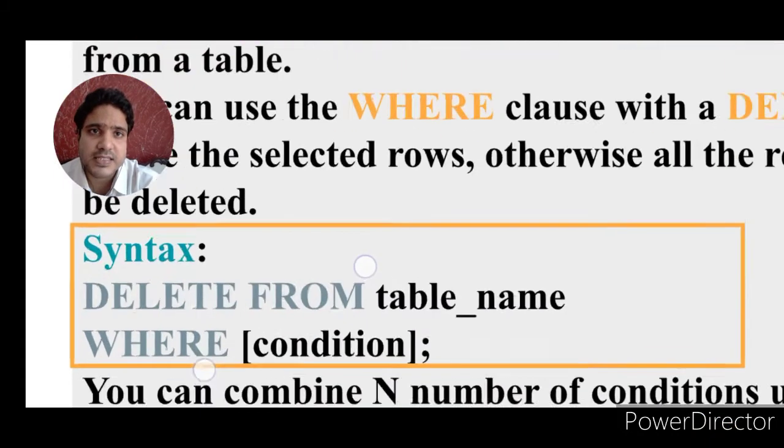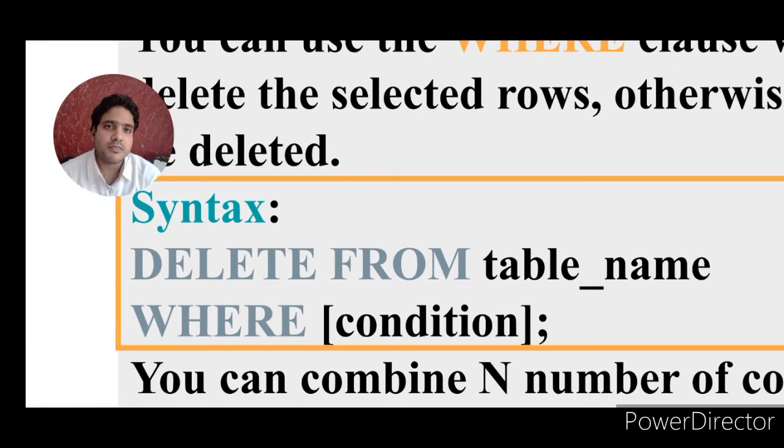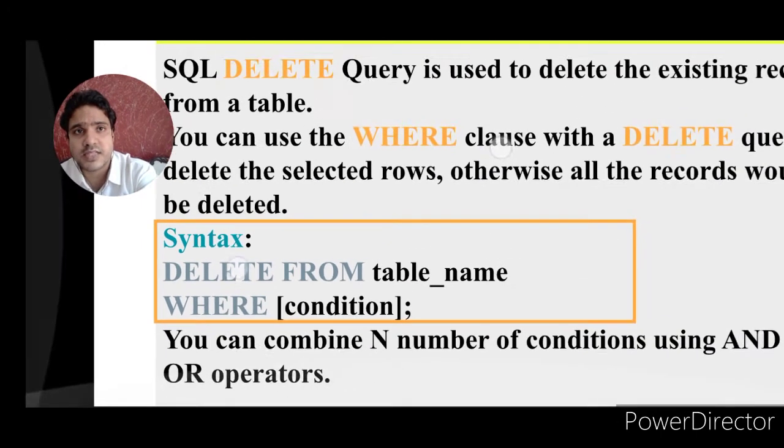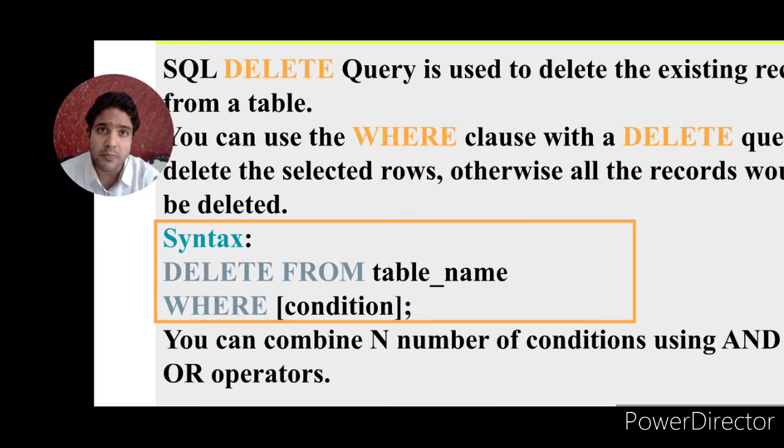The basic syntax is like this: delete keyword, from keyword, table name, whatever the name of the table is, and where is the keyword for the condition, which condition will be applied. One more thing I am saying is that AND/OR operators may be used with the update and delete commands in the where clause, because these operators are used to connect more than one condition. So whenever needed, AND/OR operators may be used. Now we take the example.